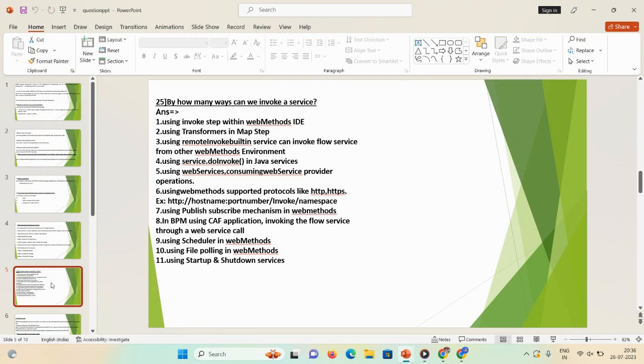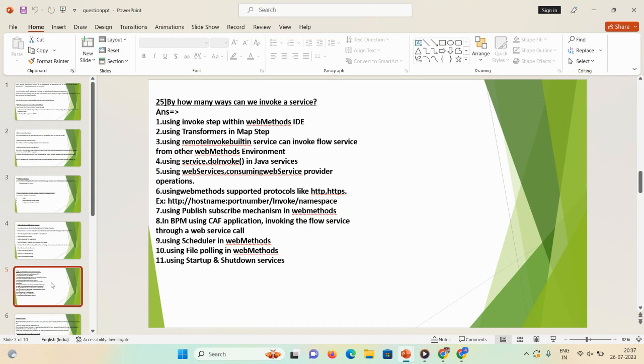While creating a flow service, if you want to invoke the inbuilt services, just right click, the invoke option is there, and you can type and check the services available in webMethods and invoke them. The second way, using a transformer in a map step. Third one, using the remote invoke built-in service, you can invoke the flow service from another webMethods environment.